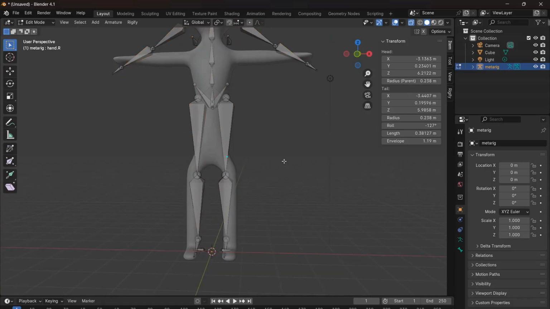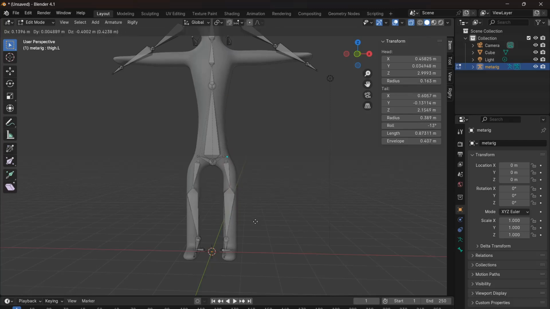So start with this one here and move it down, and make sure to turn on the mirror here. G, move it here, this one around here, this is knee,